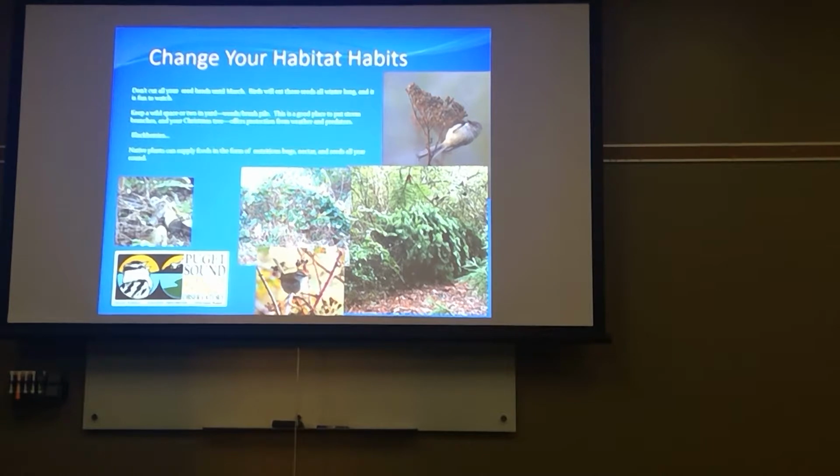American goldfinches are 100% vegetarian. So one of the things that happens with American goldfinches, cowbirds are in this area. Cowbirds are birds that actually evolved in the prairie where they followed the buffalo. And so how they learned to survive is they would lay their eggs in somebody else's nest, and then they'd go on. Problem is, cowbirds are actually bigger than song sparrows, and they'll lay their egg in a nest of